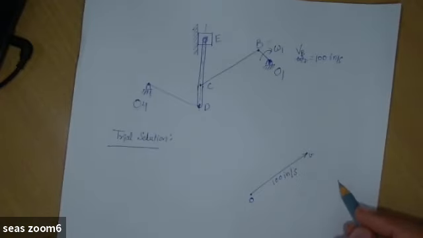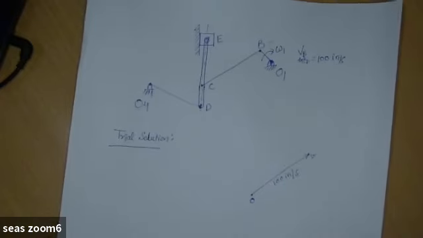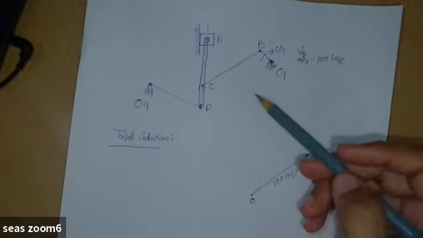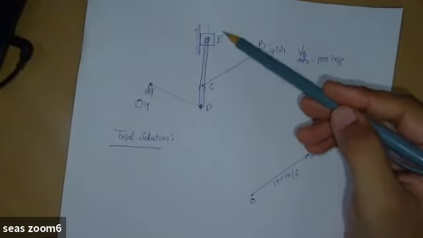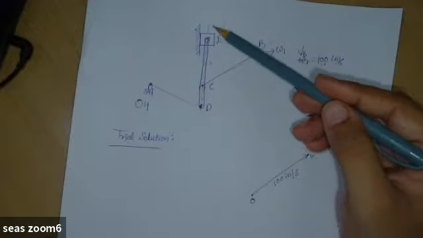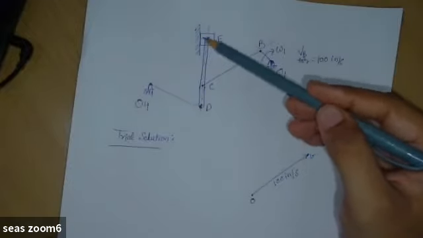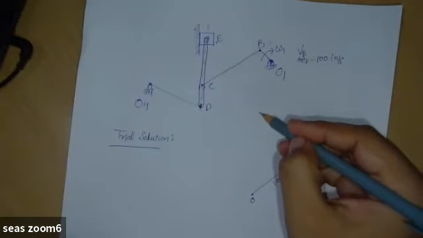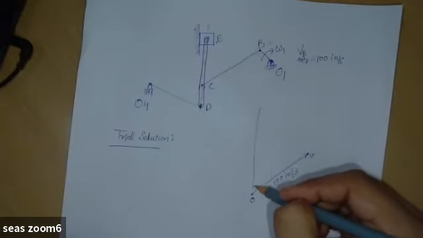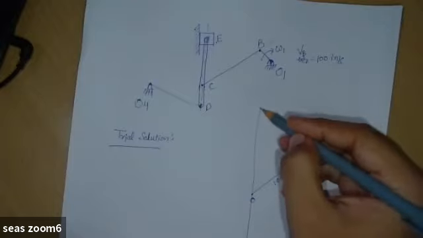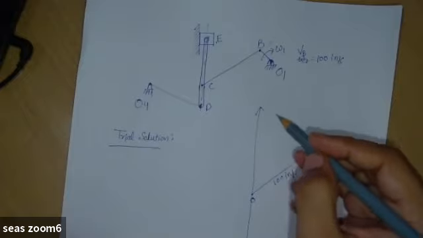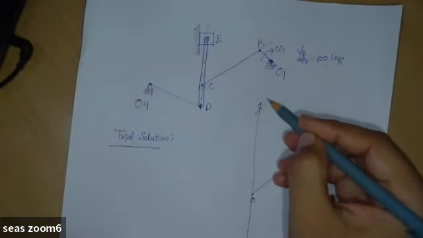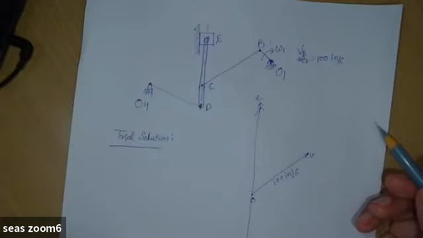So now, in order to further proceed, what we know is that E is moving in a vertical direction about this fixed point. So we know that E is moving in this direction. We really don't know the sense. It may go upwards, it may go downwards, but it's a trial vector, okay? And let's say it is E.